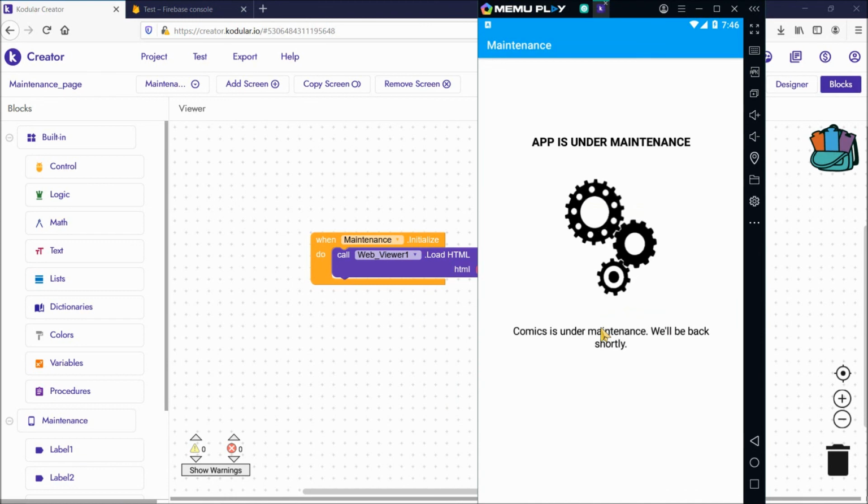So this is how you can create a maintenance page in your app. In any app you can create a maintenance page, guys. If it is a huge project like online stores or e-commerce, or if I'm making a comic book app, you can keep it under maintenance.